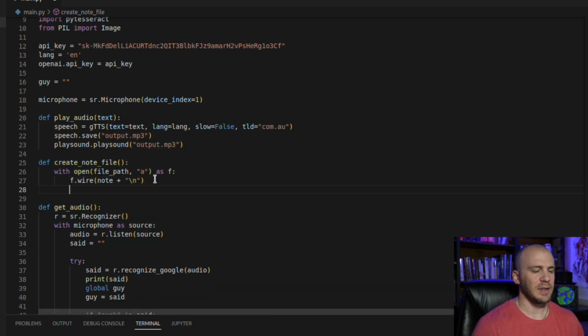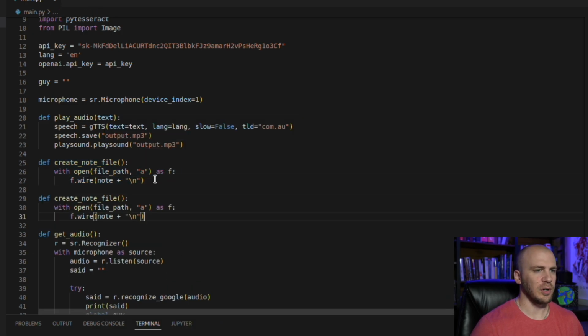And then after that, we're going to call the function just note file, so that way it reopens that same note and continues to save all of our future notes in that one note file until we're done with whatever project we're in. So we're going to need this create file, and then we're going to need just a note file, which is going to reopen this one if we need it to in the future.